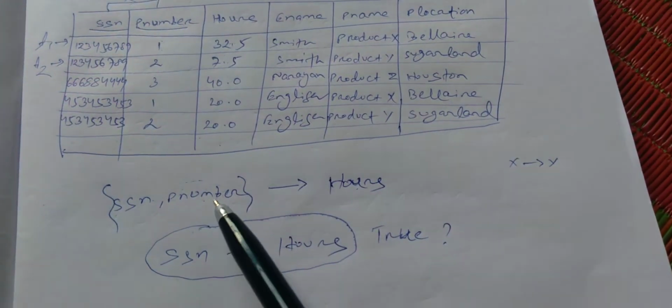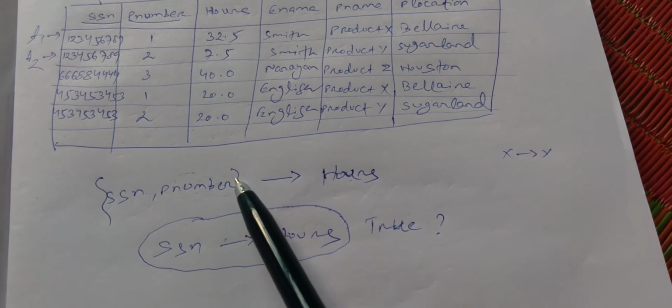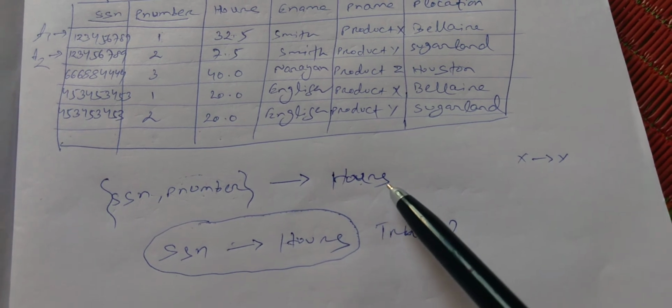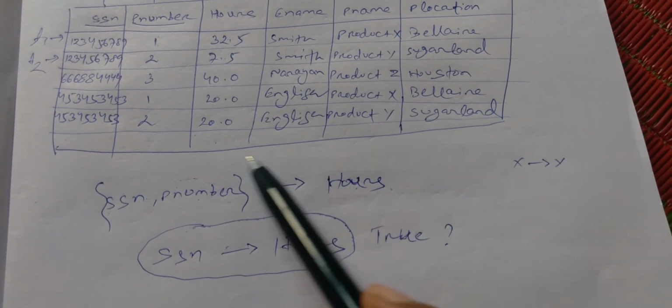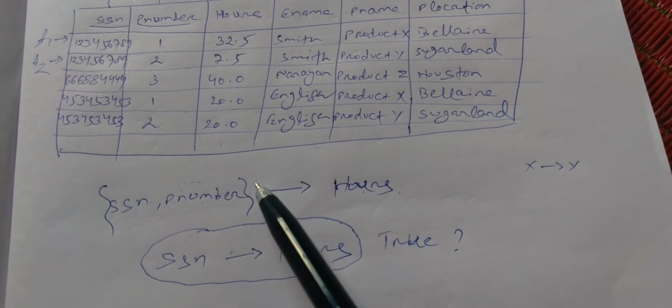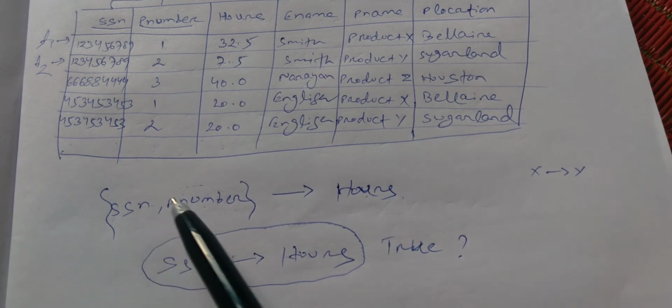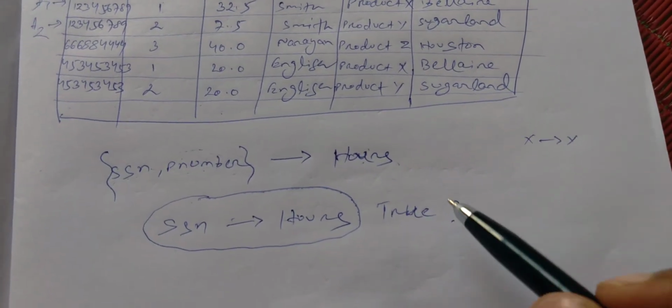That means removing this from the combination is invalid. That means it is making the functional dependency invalid. If you are removing this from the combination of SSN and P number, then SSN alone cannot determine hours. That means this is